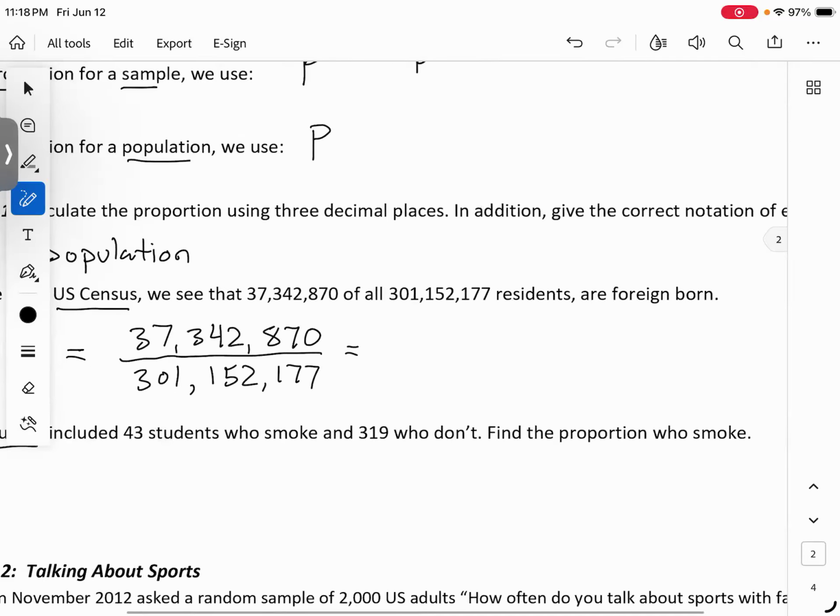Now, take just a quick moment to crunch that to see what decimal you get. It should be 0.124. All right, now